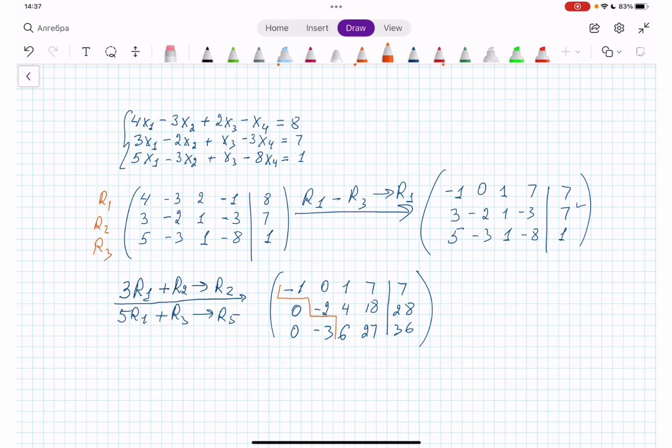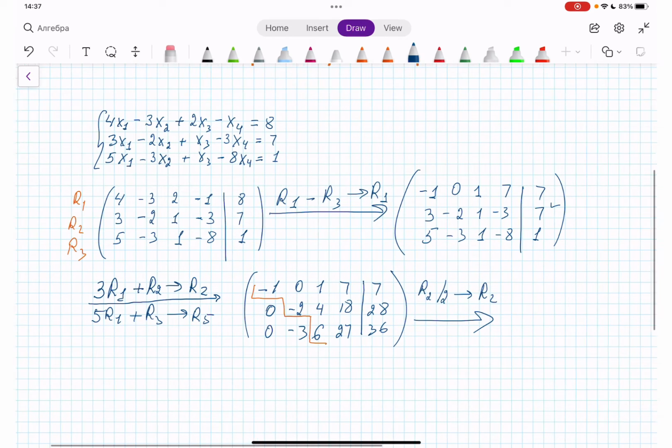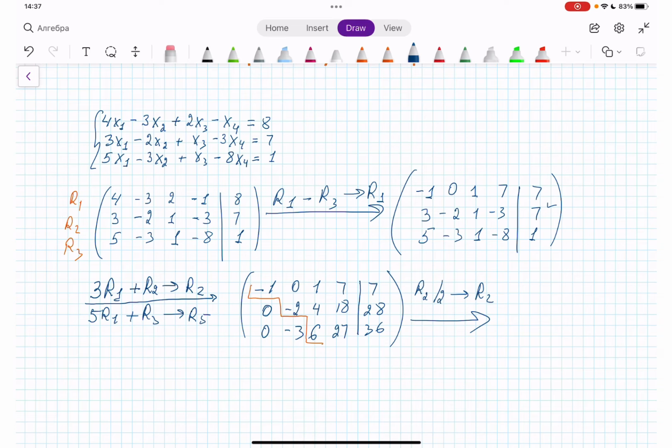And the third one will be this 6, right? So now if we divide by 2, we get negative 1. Okay, let's do it. R2, we divide by 2 and write down in R2. Okay, and what are we going to get? The first line is going to stay the way it is. It's going to be negative 1,